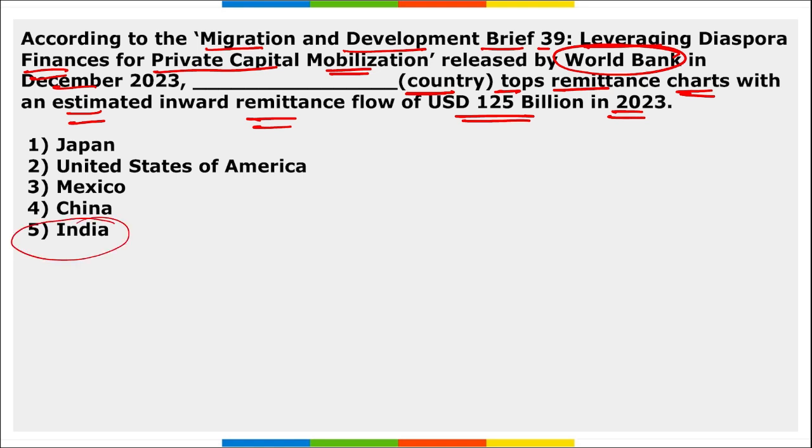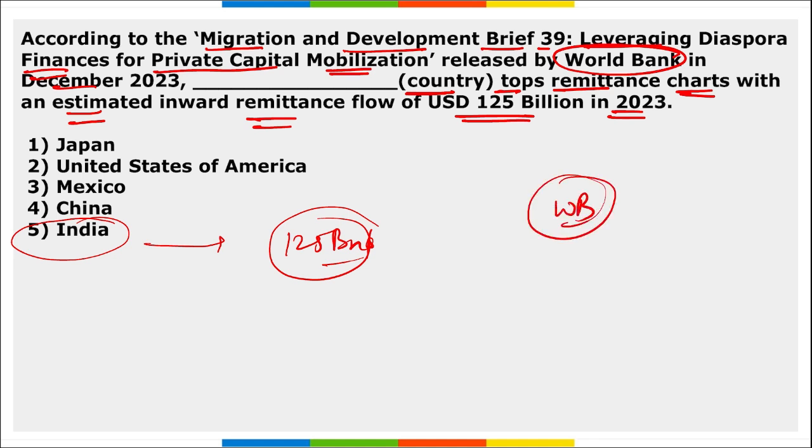It is India that has topped the inward remittance flow, at $125 billion, and it is also one of the highest remittances that we have received so far in our history. Correct? So take a note of this. This report was released by the World Bank and it was about inward remittance flow, and it was $125 billion for